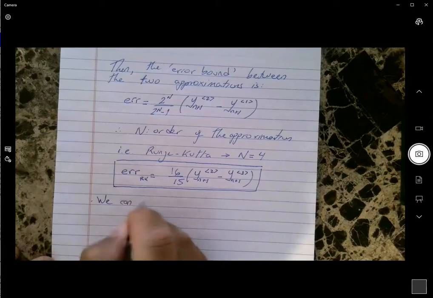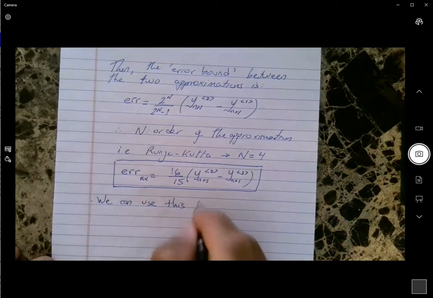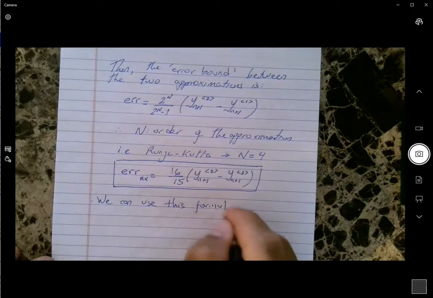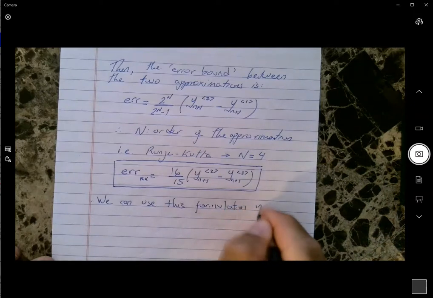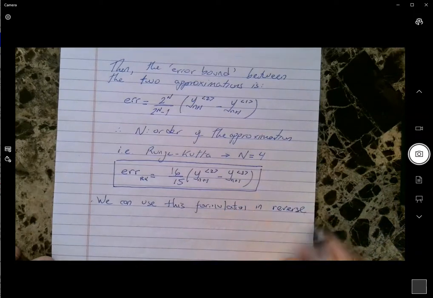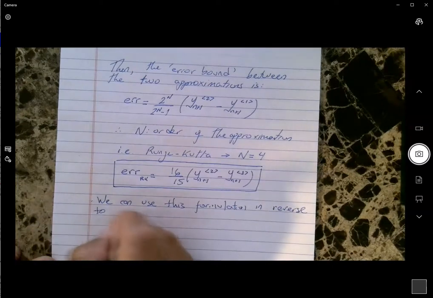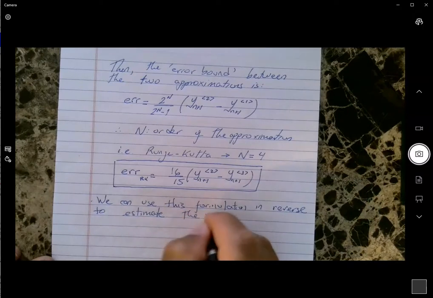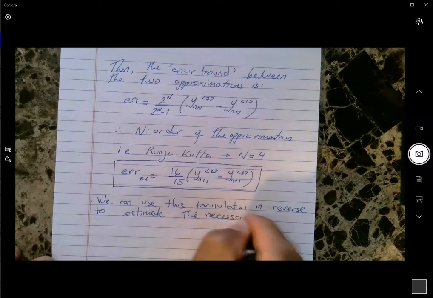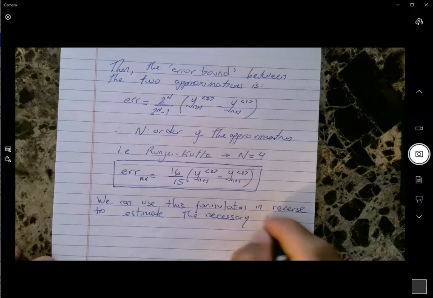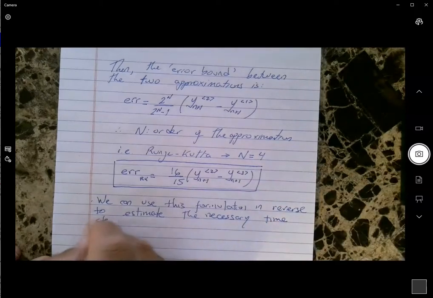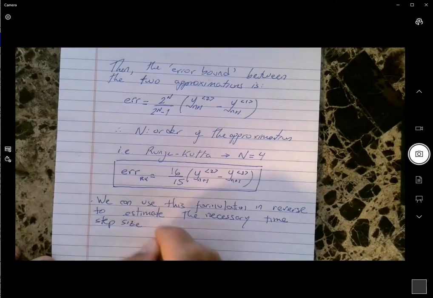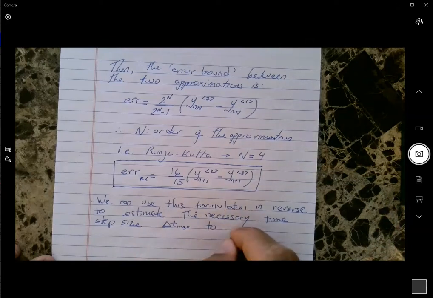We can use these formulations in reverse to estimate the necessary time step size. We're going to call that delta T max. What is the maximum size of delta T that we need to achieve